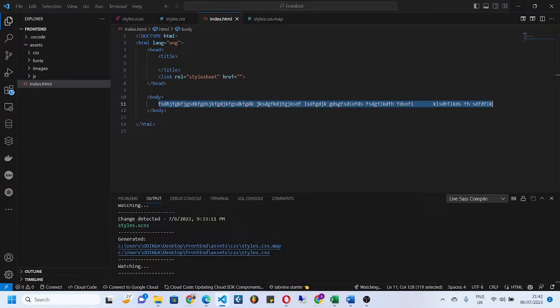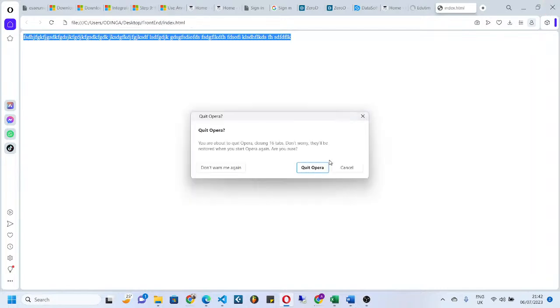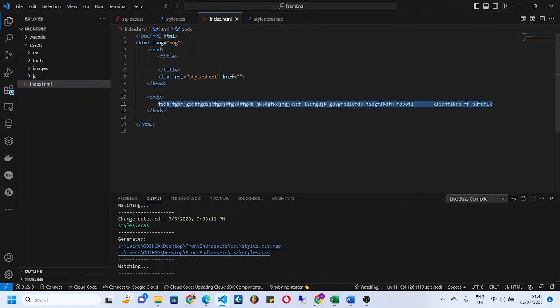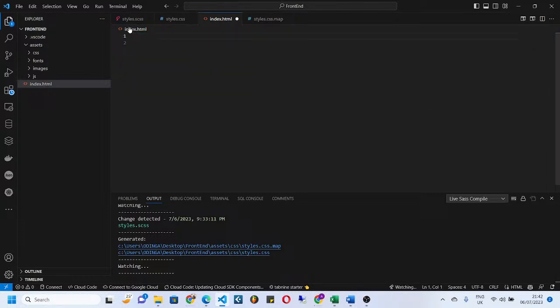Whatever you put in between this body tag is what you will see here, right? Now, without delaying us too much, I'll delete all of this back and I'll do